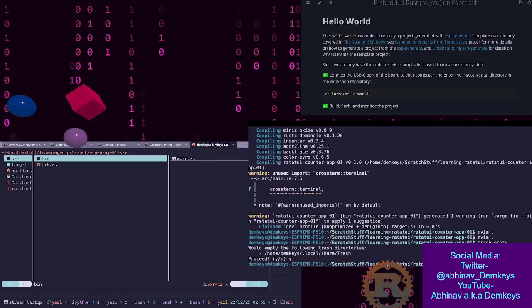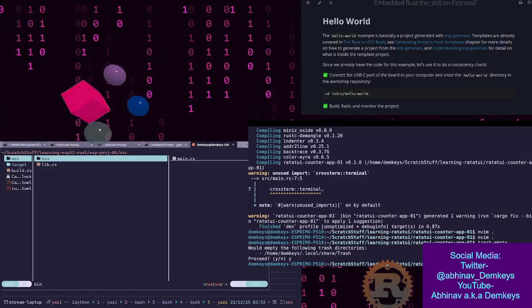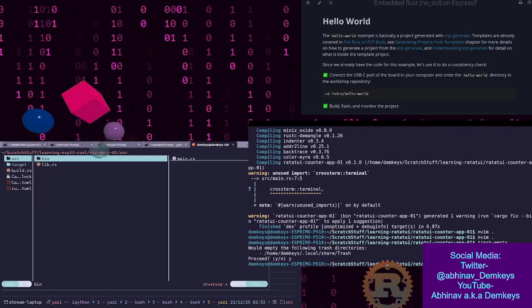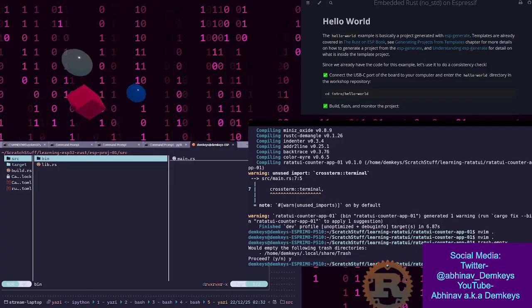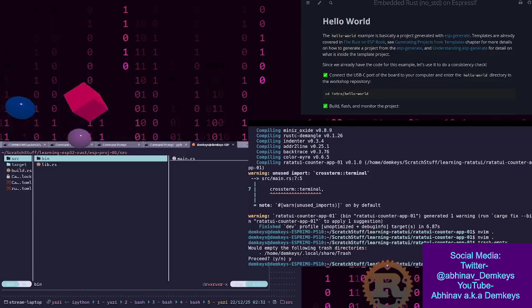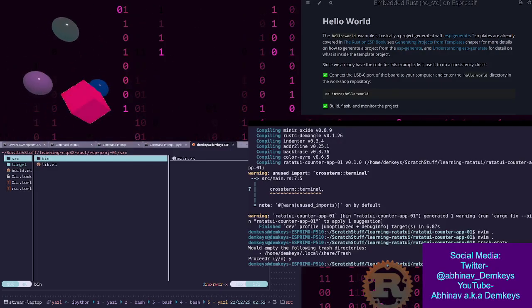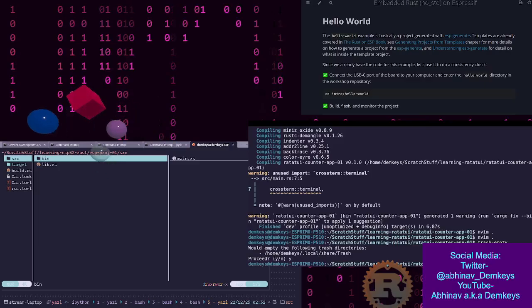Cargo targets are basically the what are we building. A cargo target is a unit of compilation. When you look at your source folder, Cargo sees files and infers what kind of artifact it should